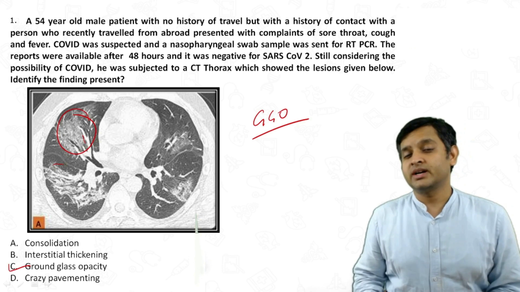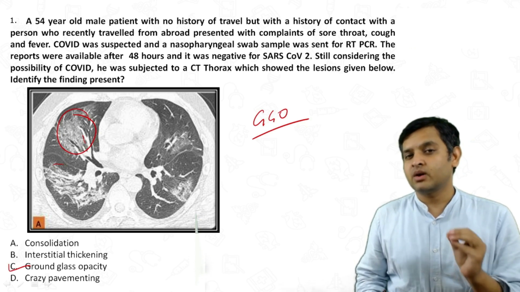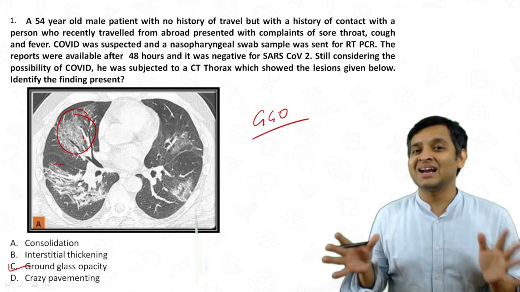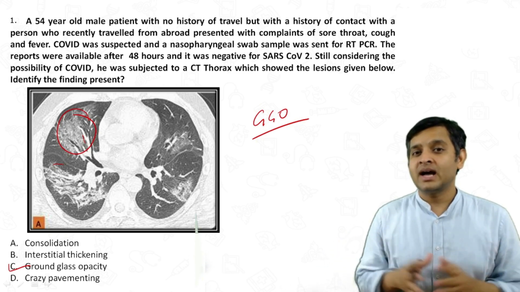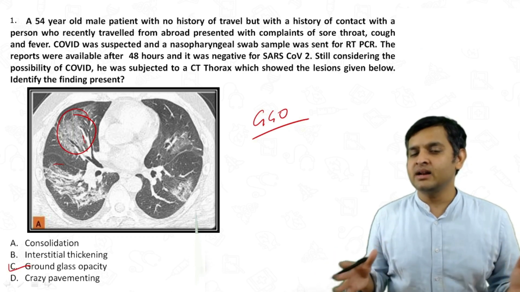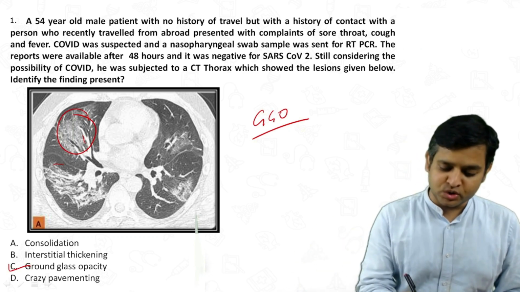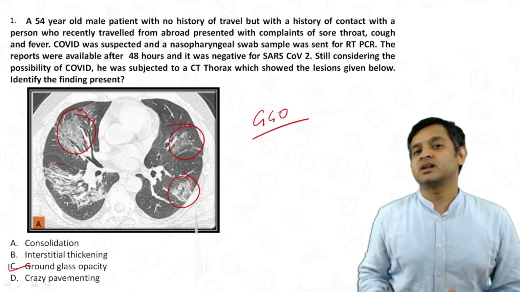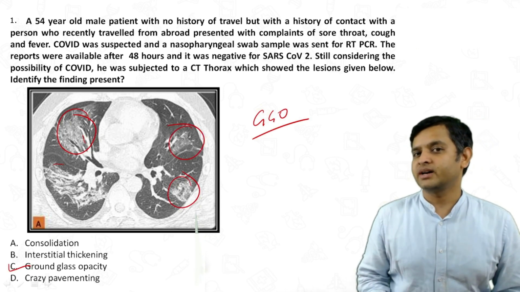It is to be noted that it's an important sign of COVID pneumonia. However, these are usually bilateral, peripheral and basal. Bilateral, peripheral and basal. As you could see, these are lower lobes, these are peripheral, basal. Think of COVID pneumonia in these cases.